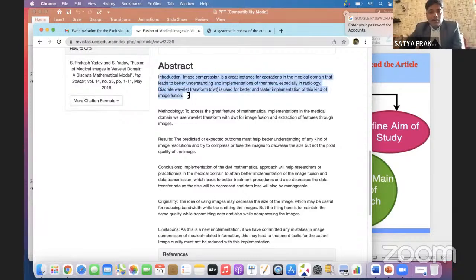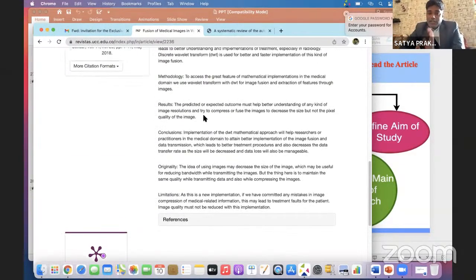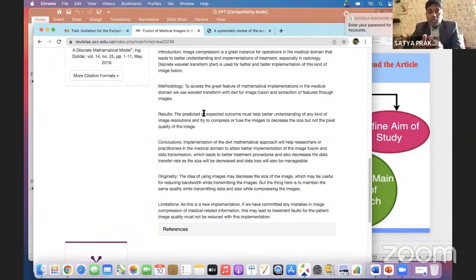It's a published article where it is clearly mentioned that the introduction is what? Introduction is yours, right? The next para will be methodology, what methodology you will use or the article had used. Next is result. In the result section, you will get what the author had used for their result, and how they had challenged the work.